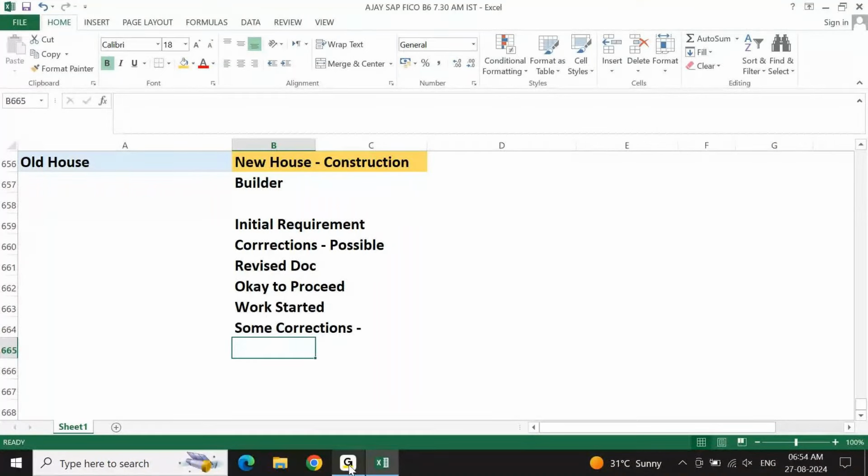If a correction is not having any impact, meaning you need to understand impact analysis. There are some corrections where you need to do nothing with the existing setup, whatever you have done. It is undisturbed. You are just adding one more thing. You say okay, I'll do it. But there are certain things, like when he's telling, can you please increase the room size? Because we thought and then we decided that room size is not okay. We wanted to increase the room size.